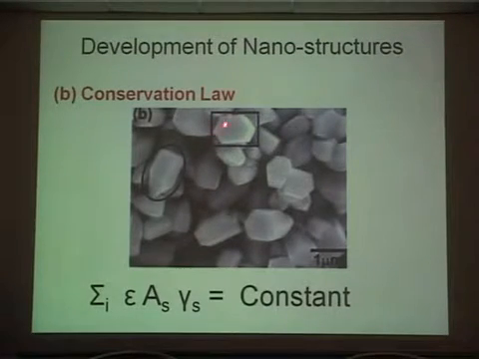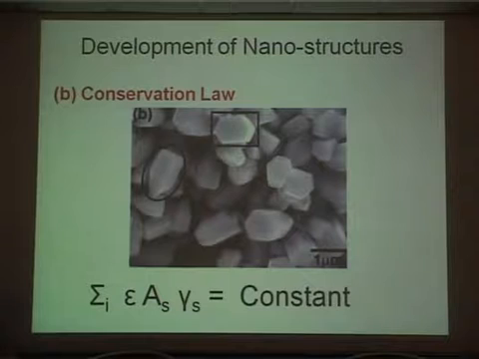But let us see one of the facets from the top. Is it really true that this face and this face are the same? Maybe or maybe not. If it is the same, then they are formed from similar sets of conditions on both facets. And if not, they are from different sets of conditions. But all the facets form one nanoparticle. It means that the surface energy associated with this surface and the surface energy associated with this surface, multiplied with the surface area, form one conservation law.